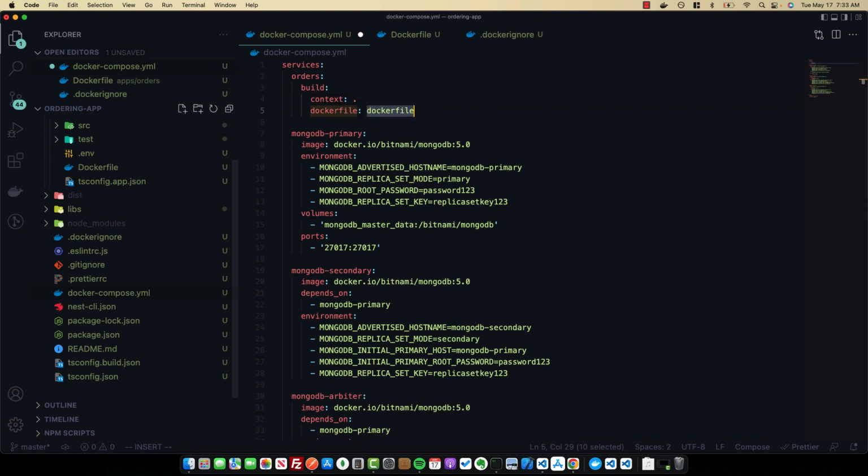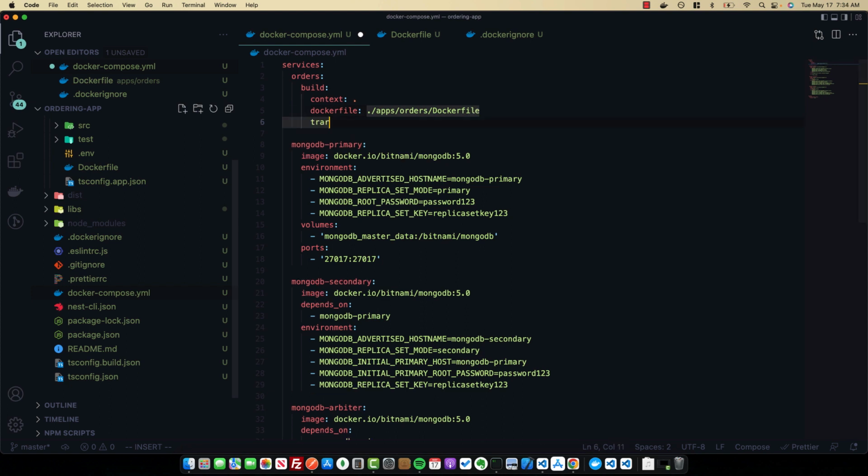Then we're going to specify the Dockerfile that lists the instructions for how to build this service. And of course, we know this is the one we just created. So this will be in ./apps/orders/Dockerfile. Now we're going to specify a target for which part of the Docker image we want to use